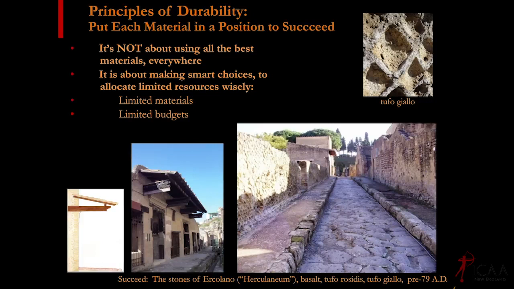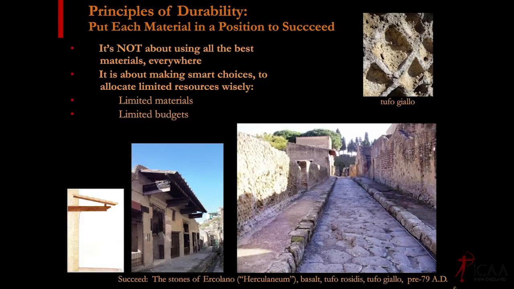And you think about this: you've got water ponding between the curbs. You've got hoofed animals going over that. You've got wheels, metal-lined wheels in that day, going over that. So that's really taking a beating. It's sitting in the water, etc. So that's where they put the most durable stone. They had a stone of pretty good intermediate durability, tufo, which they used on the curbs here. So still a pretty harsh environment, but not as harsh, not submerged, not taking all the hoof and wheel impact. And then they had a stone that's just terrible, and it totally falls apart,